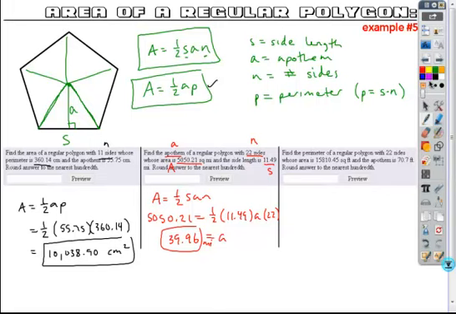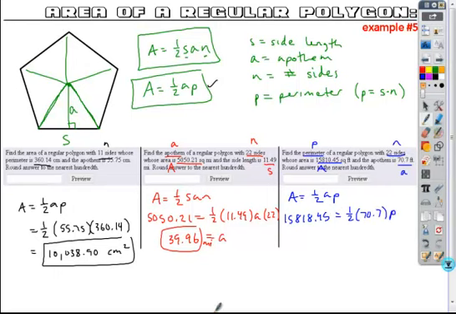Okay, and then the final problem, here you're looking to find P, the perimeter. You have the number of sides, N. You have the A value, and you have the capital A value. So we can use area is equal to 1/2 AP since we have A and P. We don't need to know the S or the N part. Okay, so we can just plug in the number provided, 1/2 of 70.7 times